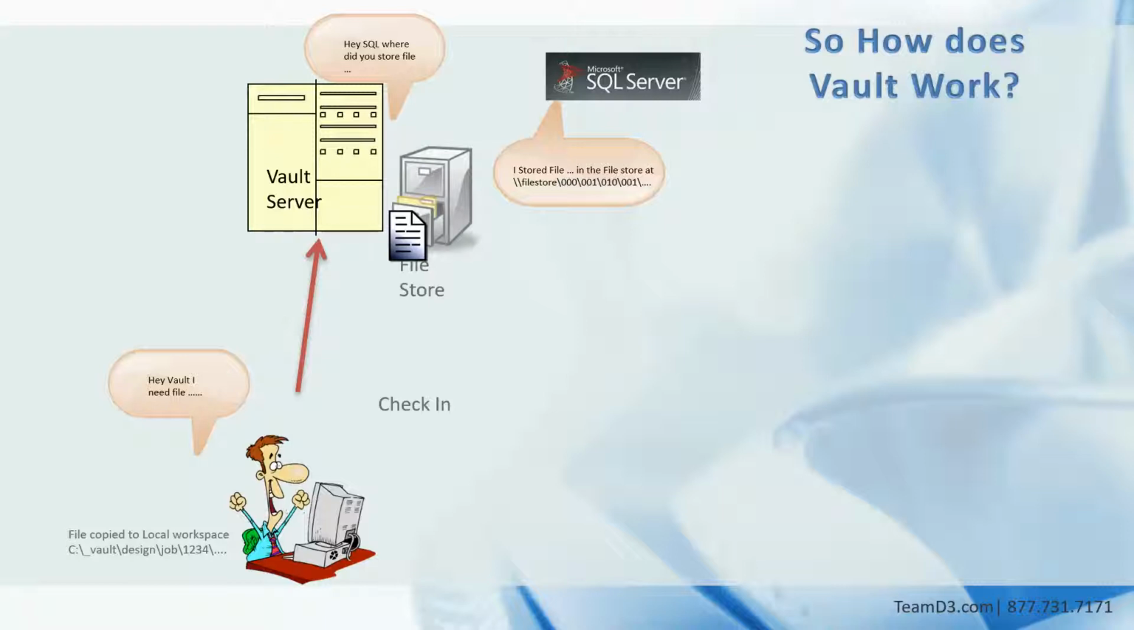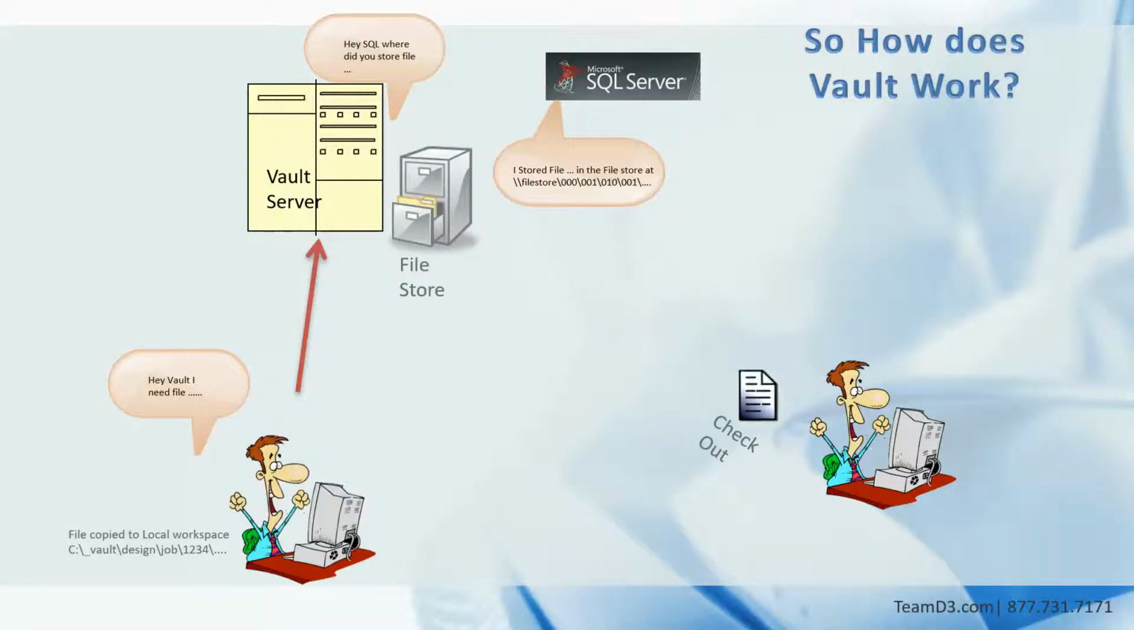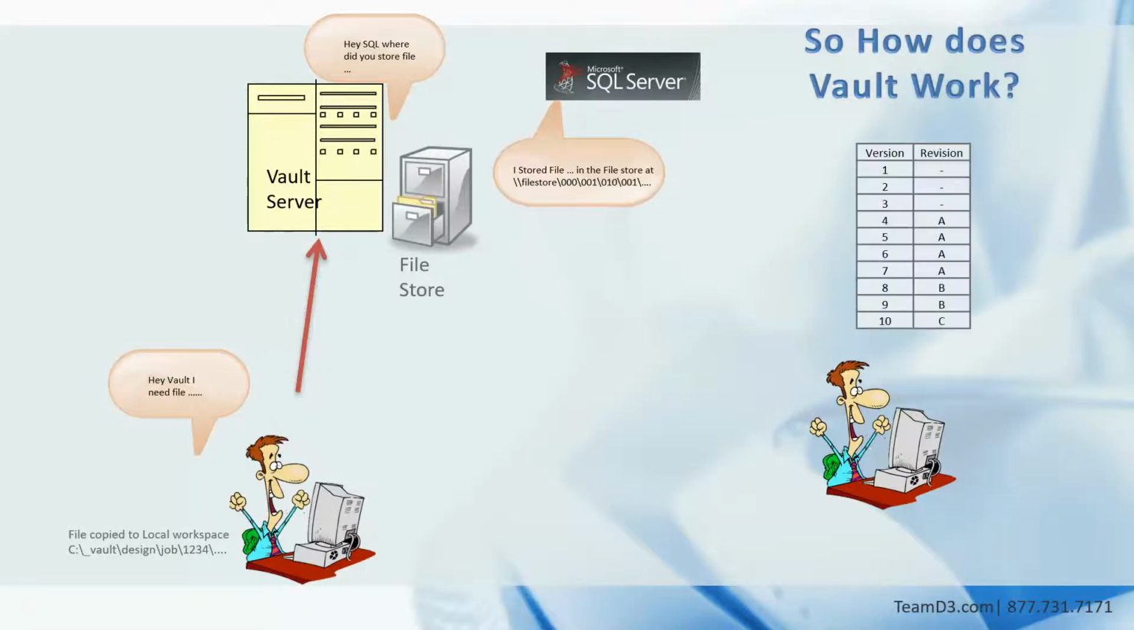So user 2 says, I need that same file. So he checks it out, works on it a little while, and checks it back in. And they haven't overridden each other's work. You know when one's checked out and when it's checked back in. And the results of that are a table,